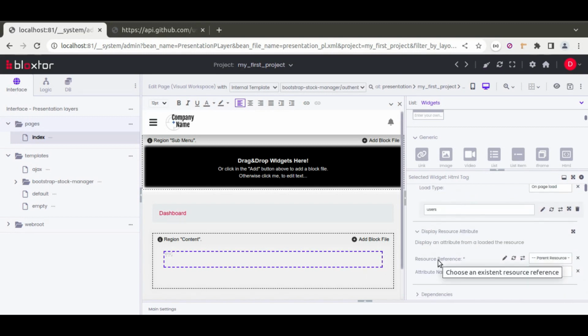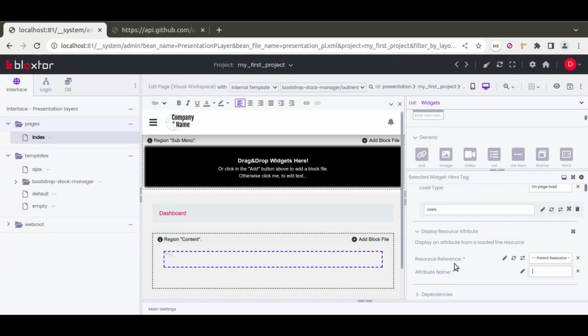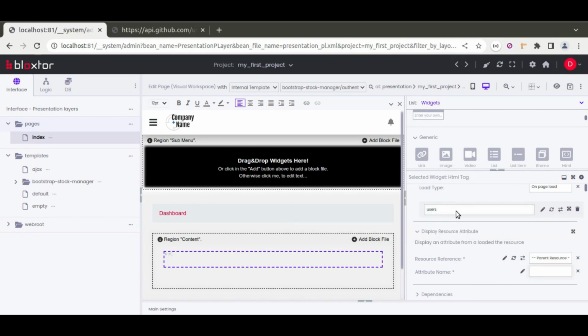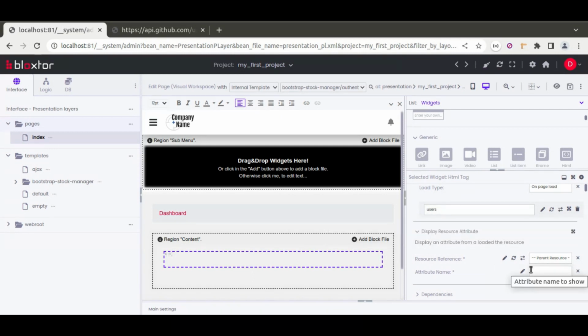Additionally, because this will return text, in the display resource attributes we need to add a space in here. Why? Because basically this resource returns a text, it will not return an object. Usually this is used to display an attribute inside of an object. So if the resource is a text and not an object, we need to put here a space so we can understand that it will show this resource as a text in here. Okay, so done. So we can save